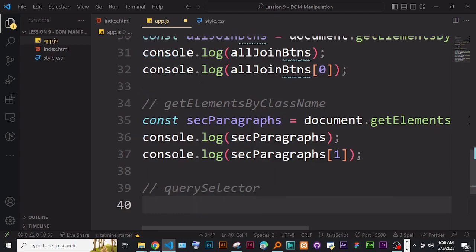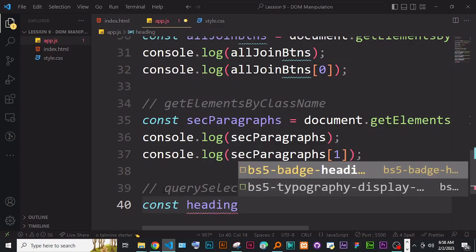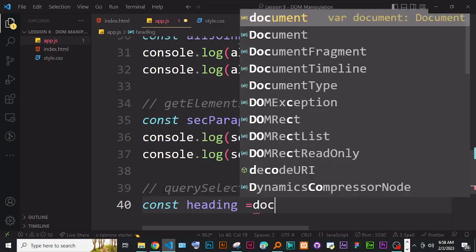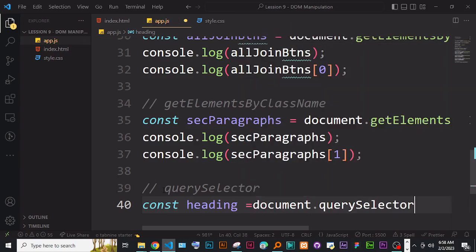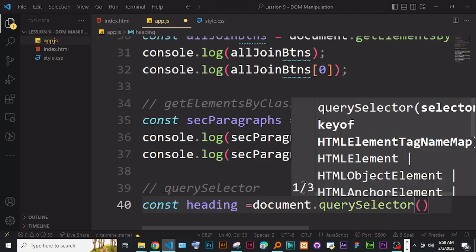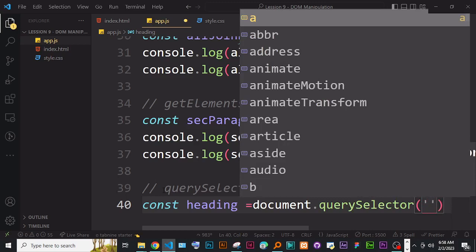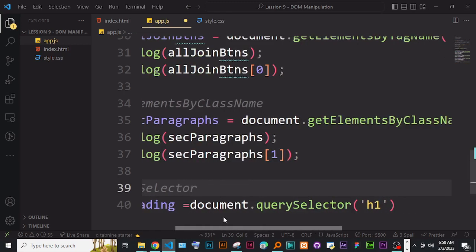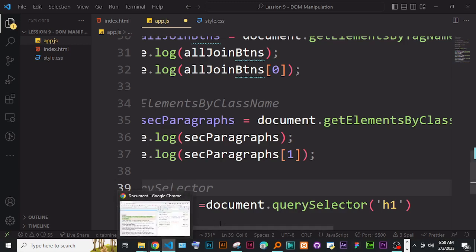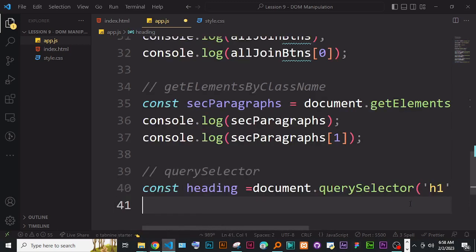We could just say const heading is equal to document dot query selector, and query selector is for selecting the first instance or only one item, and we pass in now the selector. So the selector, the first one you saw, is H1, so I can simply pass in H1, as simple as that. And let's console.log heading,